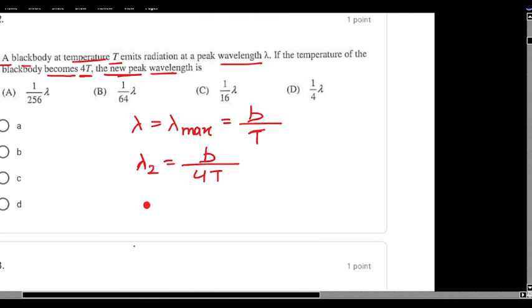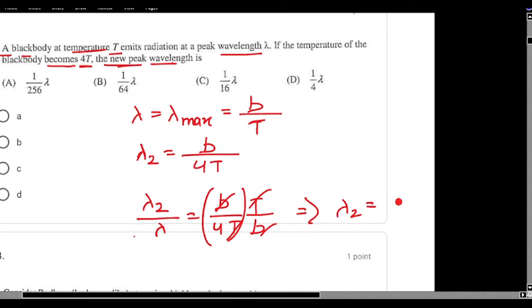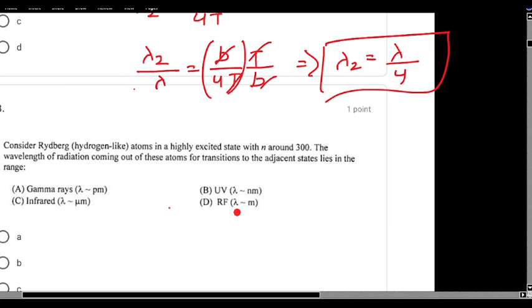If we divide both expressions, we get lambda 2 divided by lambda, with lambda 2 being b by 4T and lambda being b by T. Taking the reciprocal in the division, the T will cancel out and b will cancel out, so lambda 2 is going to be 1 by 4th of lambda. So I think the D answer is matching. And